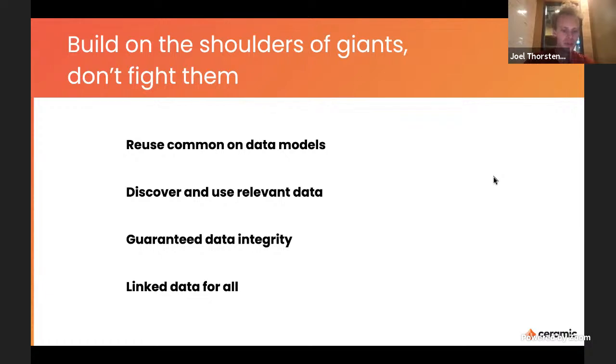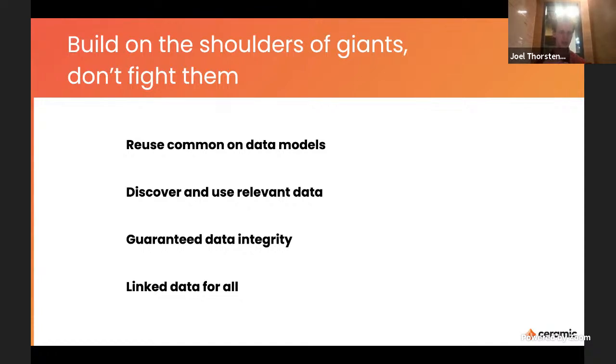One thing that's really cool with IDX and Ceramic in general is we can start building applications that specify their data models, and the data models are open source. So we can start reusing each other's data models, or if there's application 1, I can pull that data into a new application. And we can look at data that's available in the network and see what makes sense for us to use in our application.